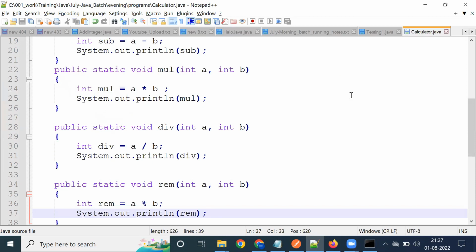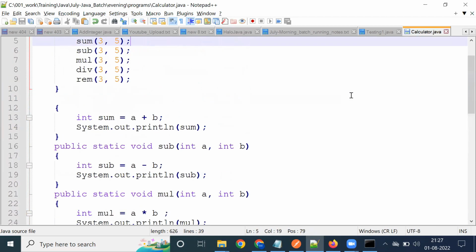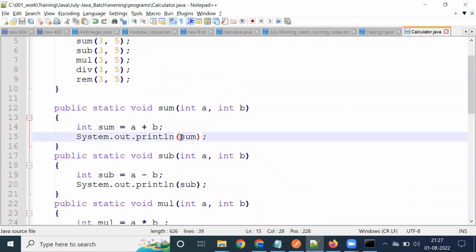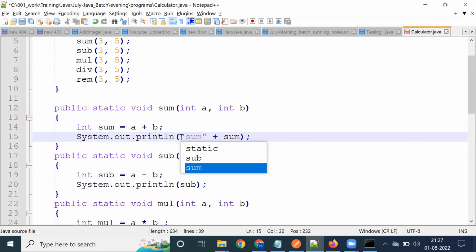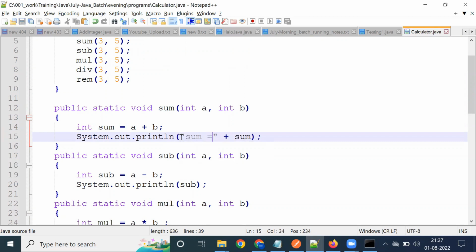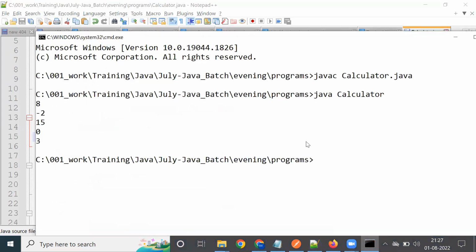So I need to add, this is called string concatenation, sum equal to. If you write like this and use a plus symbol, it is going to concatenate string 1 and string 2. Okay, so let me recompile it,